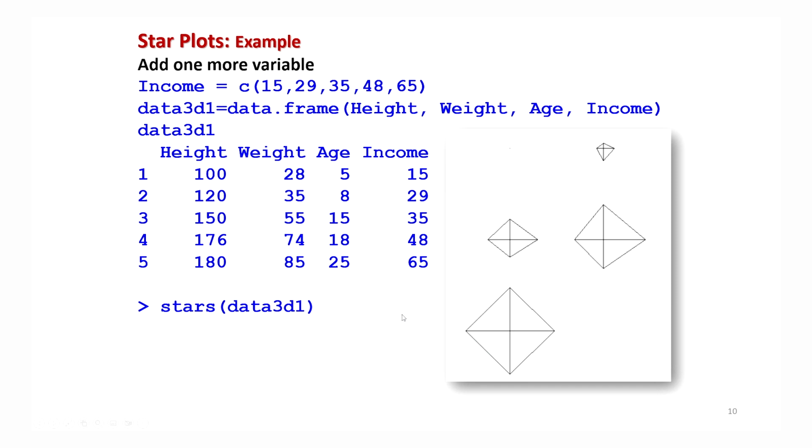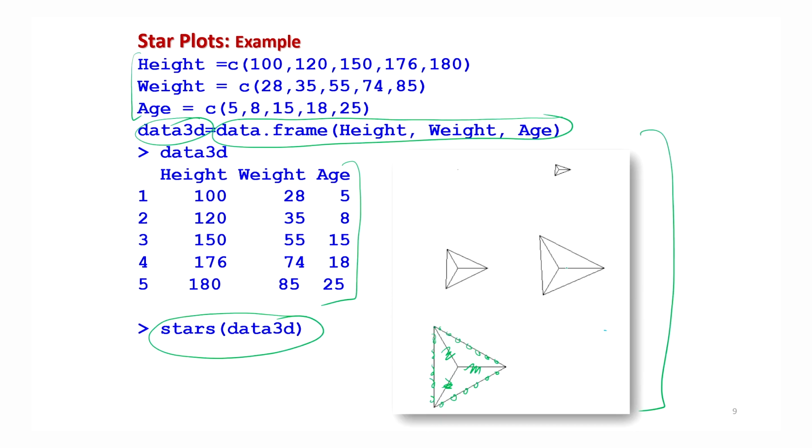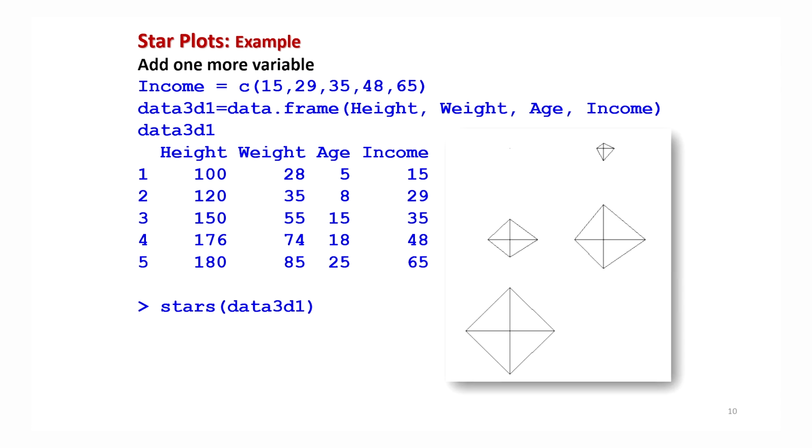You can see there are 3 lines, 1, 2 and 3, and suppose now my data becomes 4-dimensional. Suppose I add one more variable, income. It is hypothetical data, so please consider it that way. Now I modify my data frame by adding height, weight, age and income, which is now data 3D1, and looks like this.